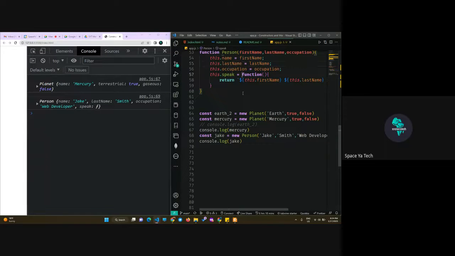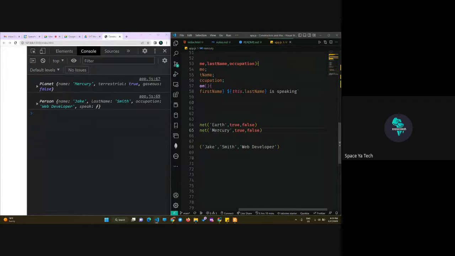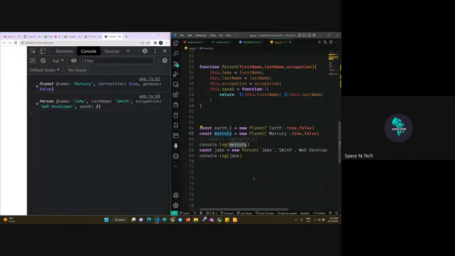So this dot first name and this dot last name. We're simply returning, for example, Jake Smith is speaking, because these values right here are going to be replaced with whatever is passed down here. And then last name is going to be replaced by Smith, and then is speaking. That's it. Now, if we call that function,